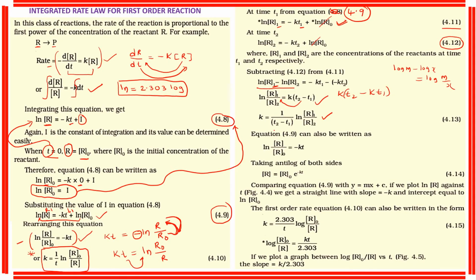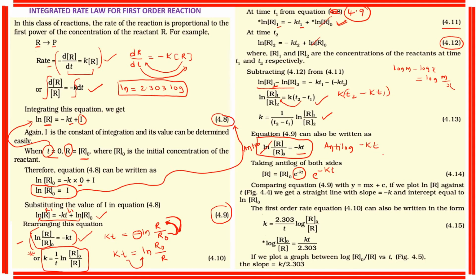Now after this, what happened? You can also do one more thing here by writing like this. Take this expression again: ln r by r0 is equal to minus k into t. Now for this expression, I am taking anti-log here. I am removing this natural log here. Anti-log of ln, so it will be cancelled. This log will be cancelled. So here we get anti-log of minus kt. Anti-log of minus kt is always equal to what? e to the power of minus kt. This value will be e to the power of minus kt.